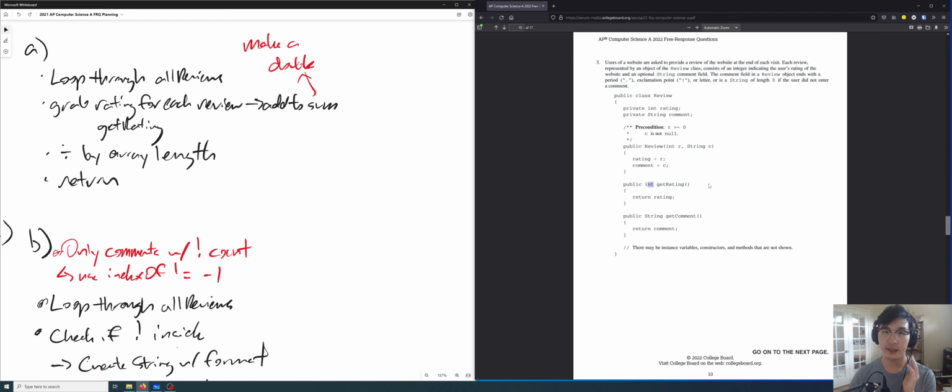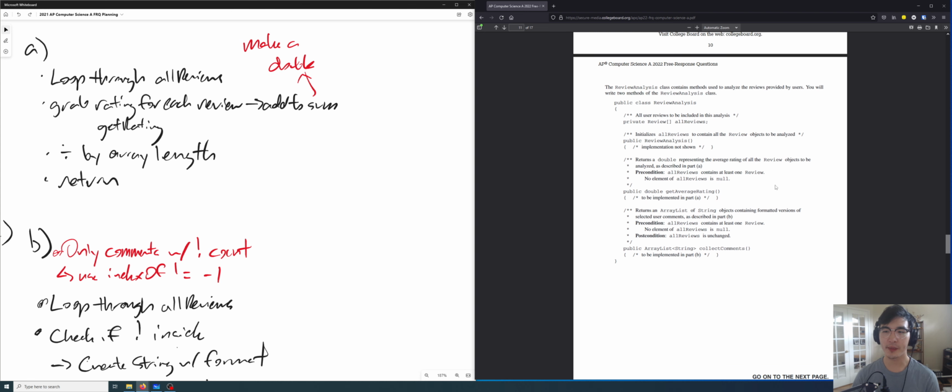Now, if you've done programming, you might realize that this returns an int, and an int divided by an int, if an int and an int have a kid, the kid is an int, right? So int divided by int is an int. I need to return a double, and we've encountered this so many times in class.